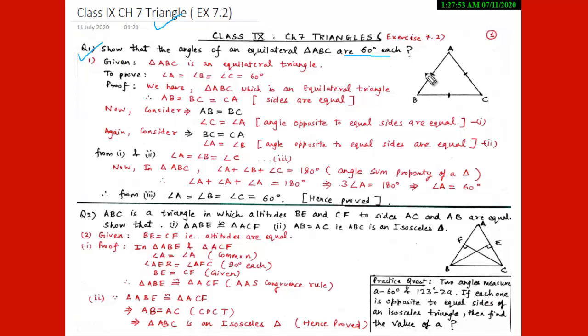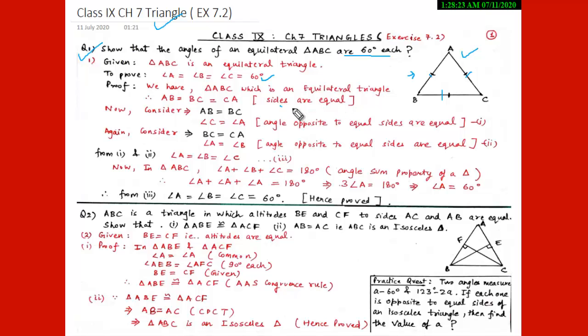So student, in this question, since the given condition is that we have an equilateral triangle, and we know that in an equilateral triangle, all sides are equal. So here, AB equal to BC and equal to CA. All the sides are equal. And now we have to prove that angle A equal to angle B equal to angle C is equal to 60 degrees. And now since AB is equal to BC is equal to CA, so from here we will consider